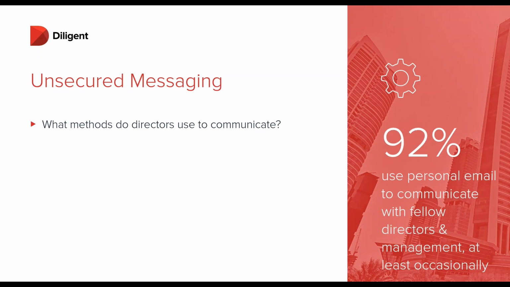Then the next thing we wanted to know was about what methods they use to communicate. Now, there was a whole list of different kinds of communication options. Obviously 100% of the respondents said face-to-face meetings, which is almost like a little trick question. We wanted to see if they were actually paying attention and answering the survey. But the next most common way that they communicate beyond face-to-face meetings, at 92%, is personal email.